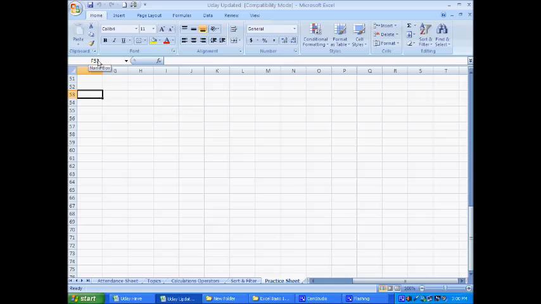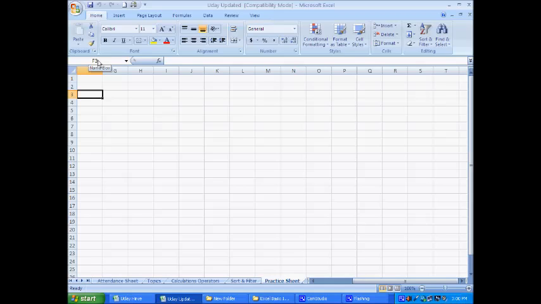Now from the 28th row it has gone to the 53rd row. Now try the Page Up button. When I press Page Up, it returns to row number 28. Again press Page Up. Now it has returned to the original row number 3.